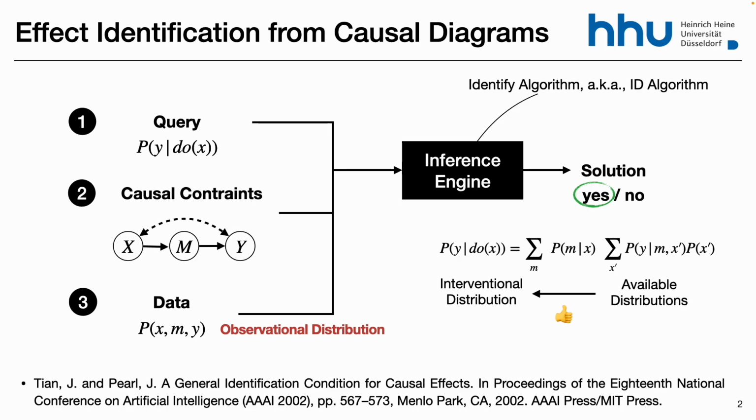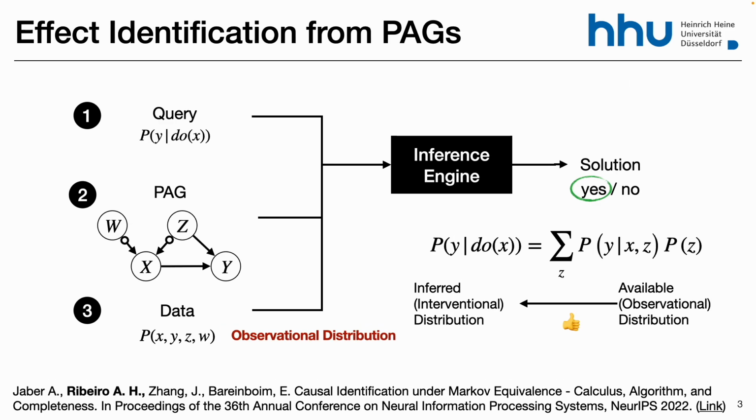So let's see. We saw last lecture the ID algorithm, or identify algorithm. That's the whole pipeline, right? So we start with a causal diagram and a query. Today I'm going to change this pipeline. So instead of having a causal diagram as input, we have a PEG. You see that everything is the same, but the fact that we relaxed the input is really